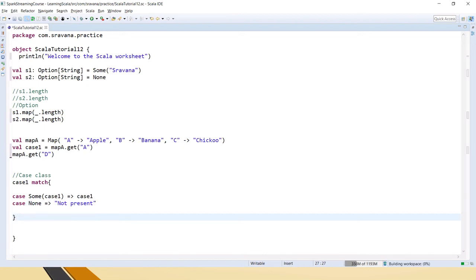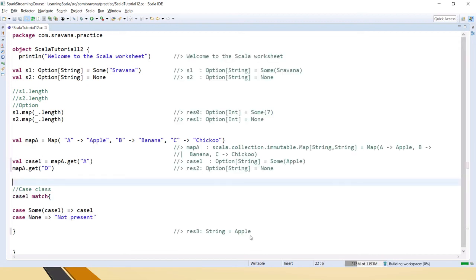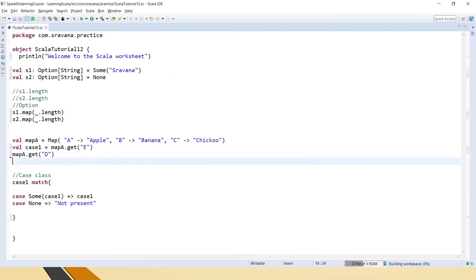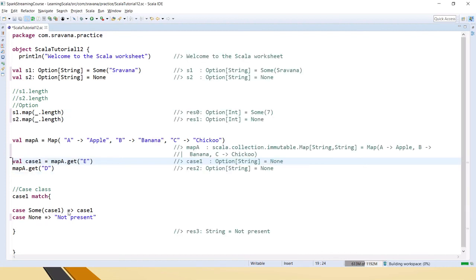And when you save it, because we are doing it for case 1, it should return apple. Now let's change it to E. Now case 1 will not match here, it should print not present.